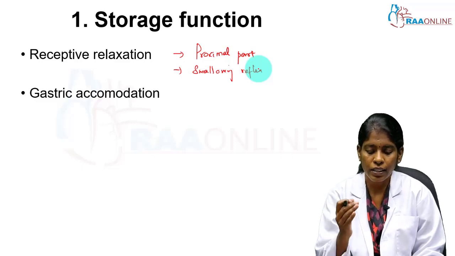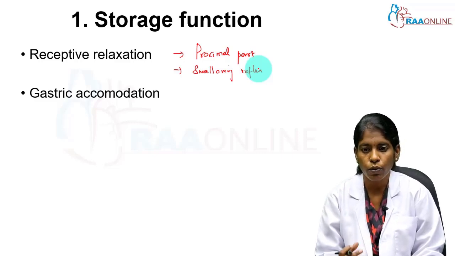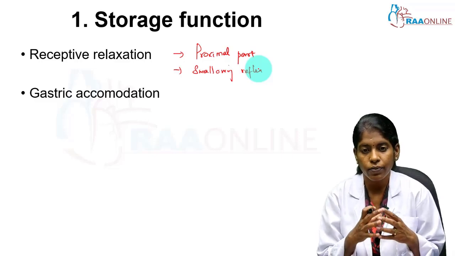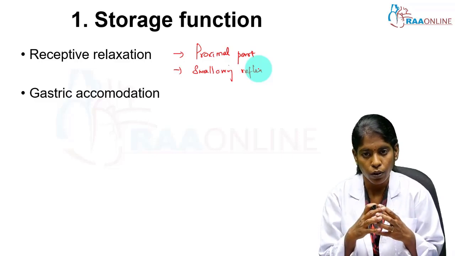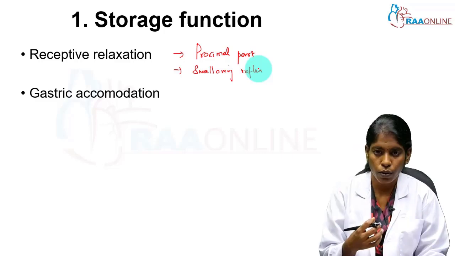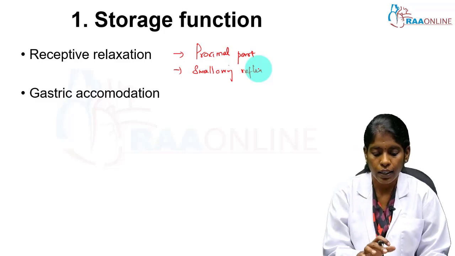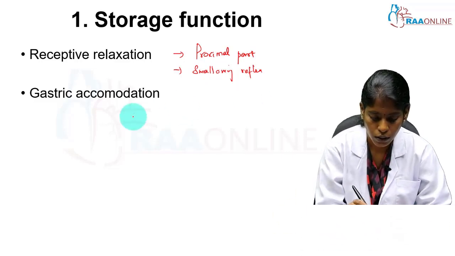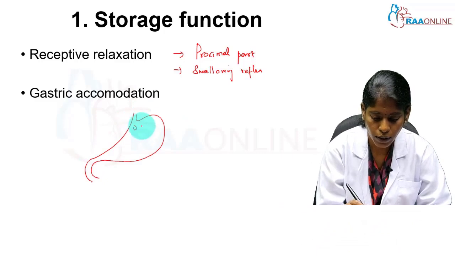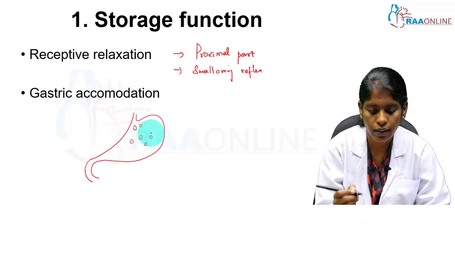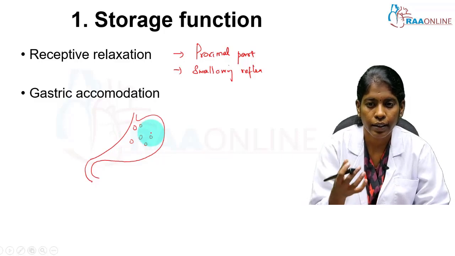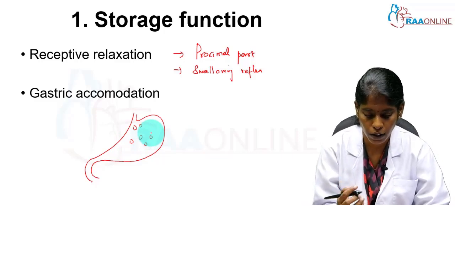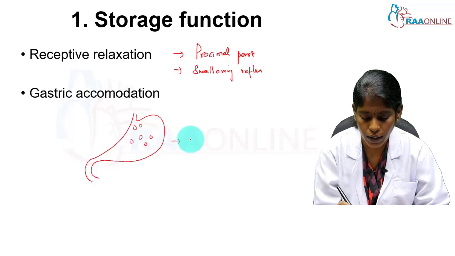As the food enters the stomach, there is even more relaxation. The stomach dilates further with the stretching of the outer wall by the food that is entering the stomach, and that is called gastric accommodation. Let us see how that happens. This is the stomach. As the food enters, the receptive relaxation will already have caused a little relaxation of the proximal part of the stomach, and the entering food will result in stretch of the stomach wall,